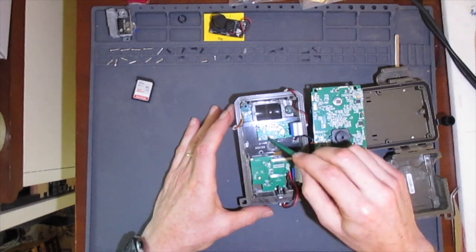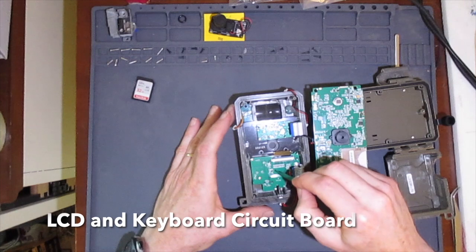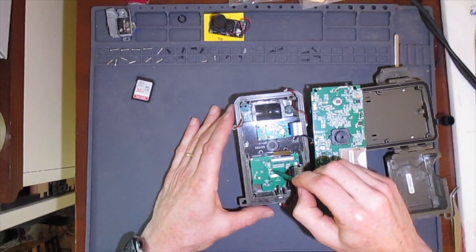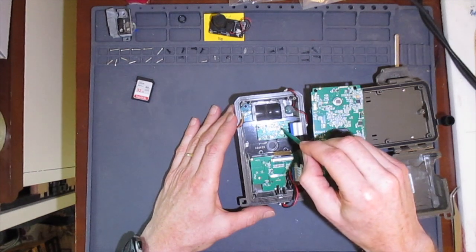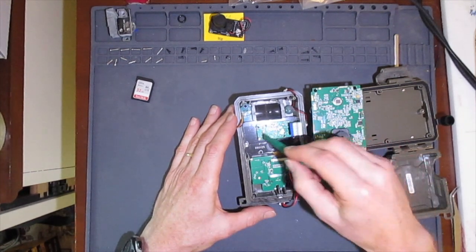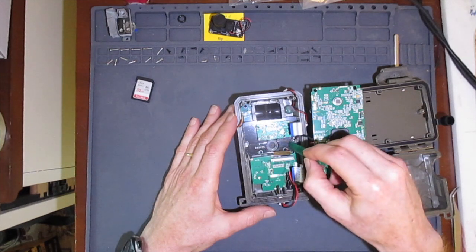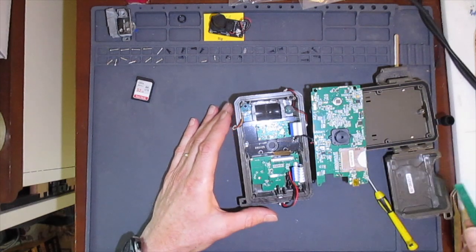You can see there are a couple of secondary circuit boards. At the bottom is the board for the LCD display and keyboard. In the middle is a small board which has a second camera sensor on it. You can see it has a flex cable sticking off to the side. The black LED board is behind the camera board. I'll remove the camera board and the LED board now,